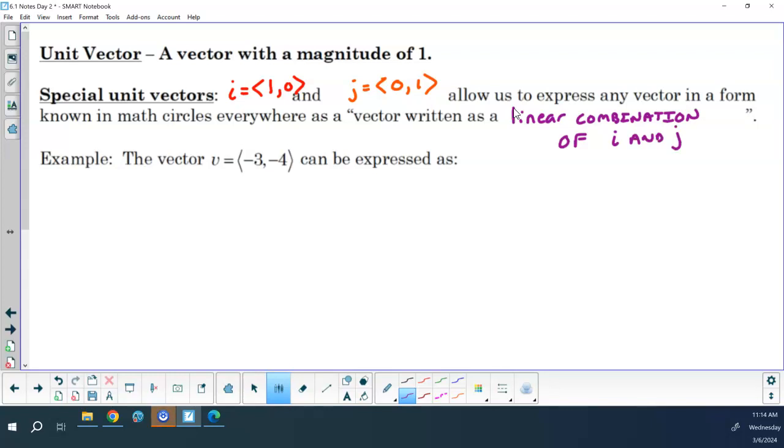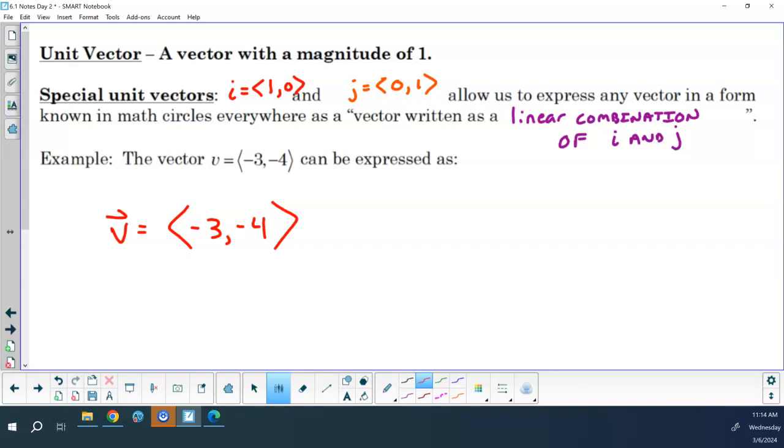So we can write any vector as a linear combination of i and j simply by saying vector v